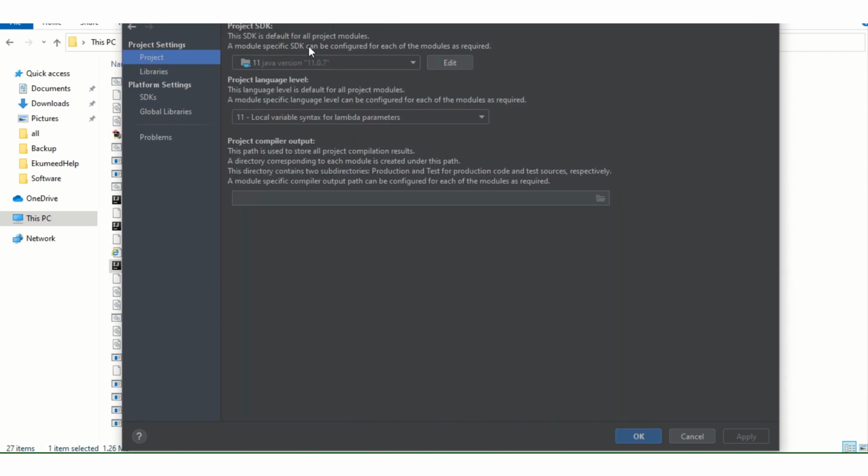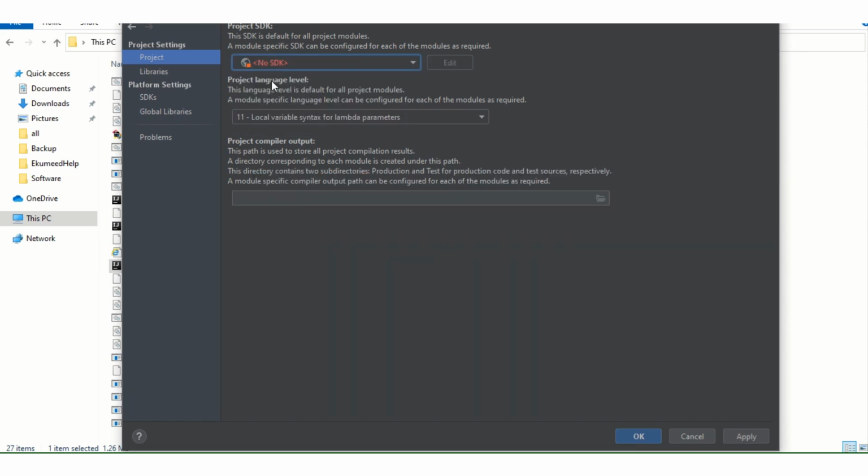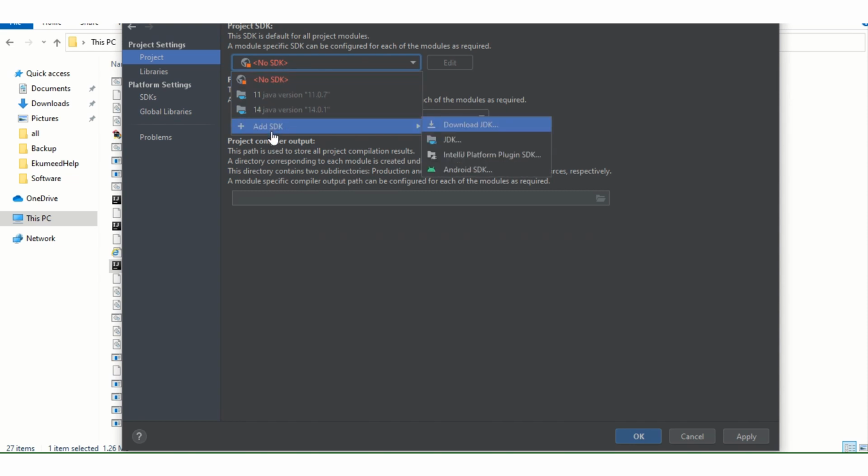In project you can see these options, project SDK, and right now I have Java 11 version in my machine. Sometimes you will not see any JDK here, something like no JDK. In that case, if you already have a JDK downloaded, go to add SDK and the JDK option.